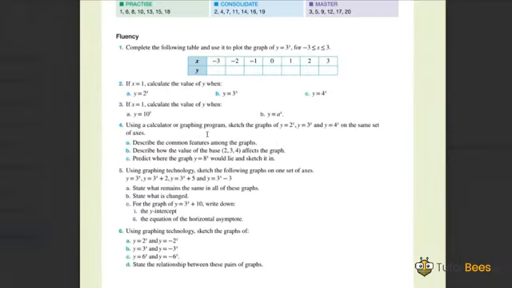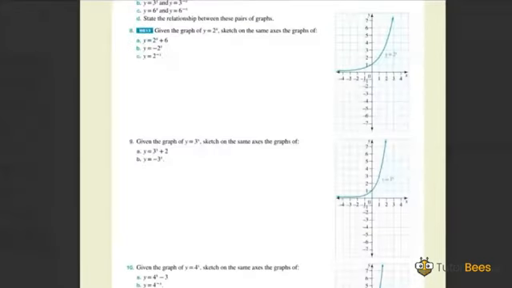Here you can see there is a graph, table 1, question number 1. You have to complete this table for values of x from -3 to 3, while your graph is y equals 3 raised to the power x. Okay, so that is very simple. You are given the exponential function y equals 3 raised to the power x, right? This is your function. Now, firstly, you will complete your table.